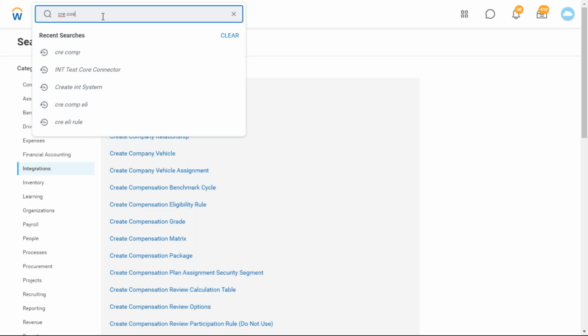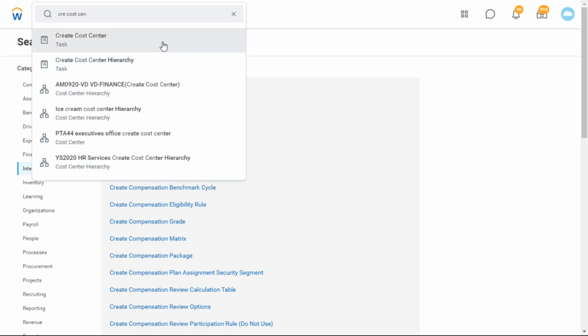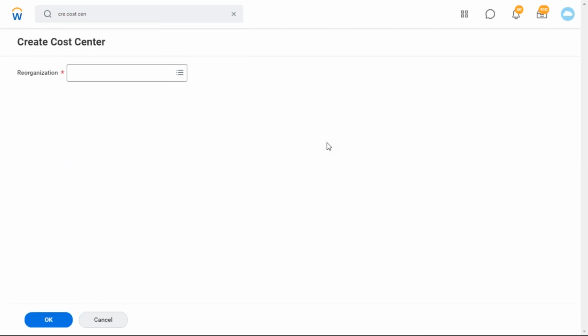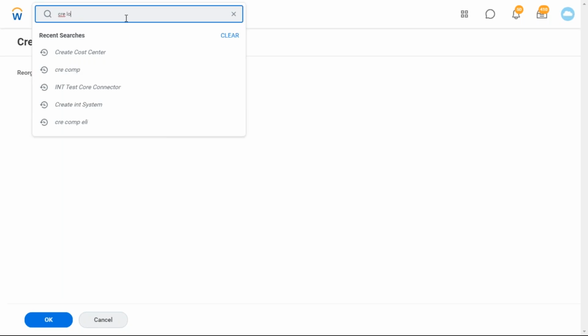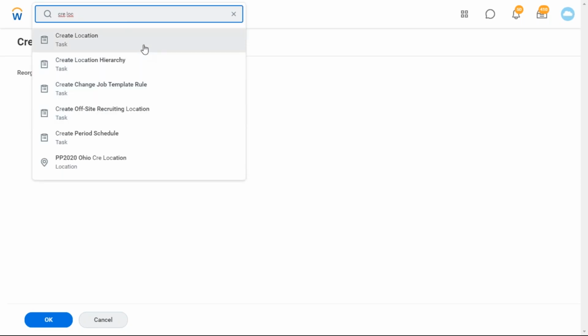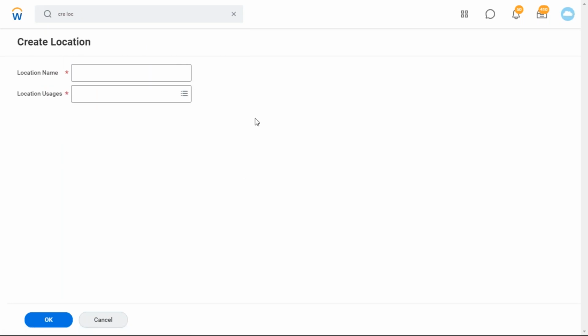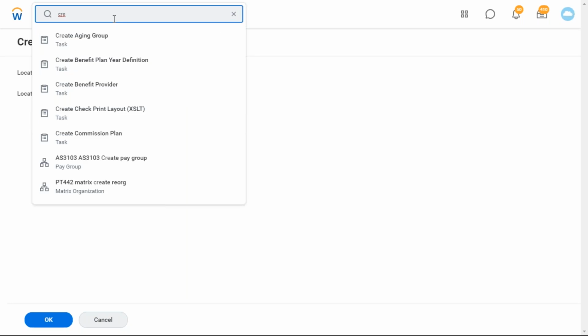If you want to create a cost center, just type create cost center. If you would like to create the location, just type create location. If you would like to create the report, just type create report.